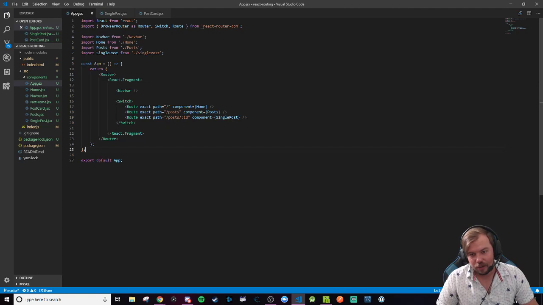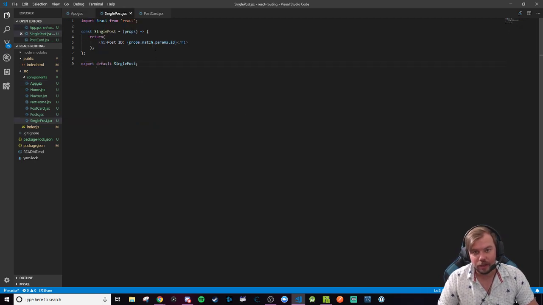So it matched the route. It said, are there any parameters? Yes, there are. And that's found out by looking at this colon here. It says there are route parameters. What is it called? It's the text directly after the colon called id. So that's where we get